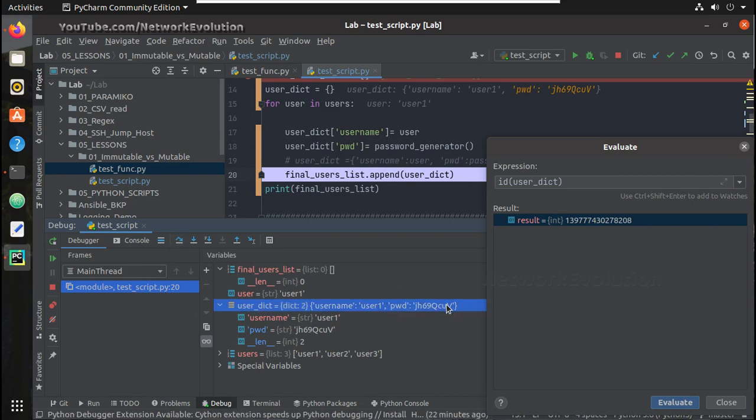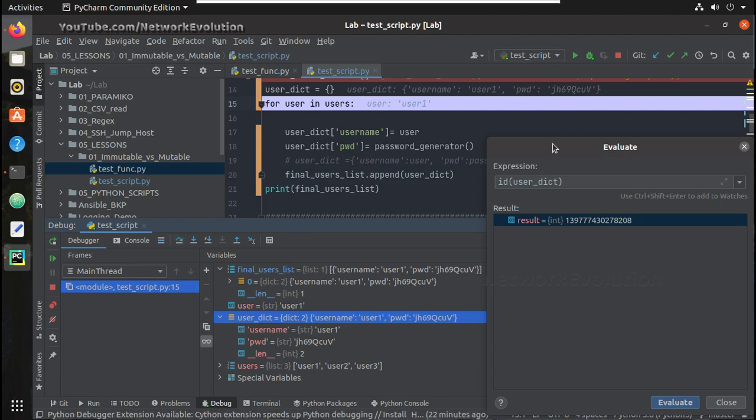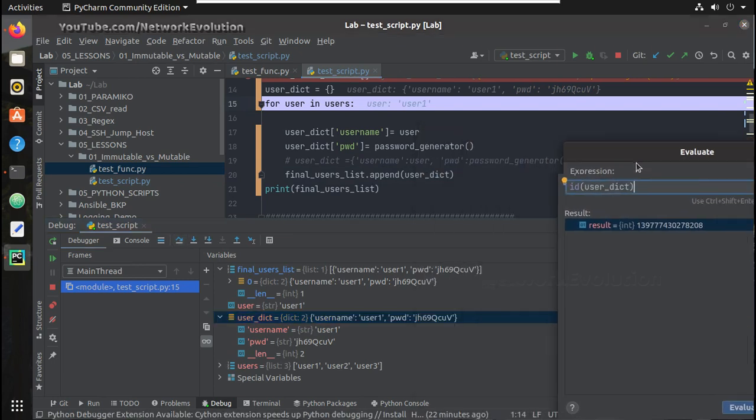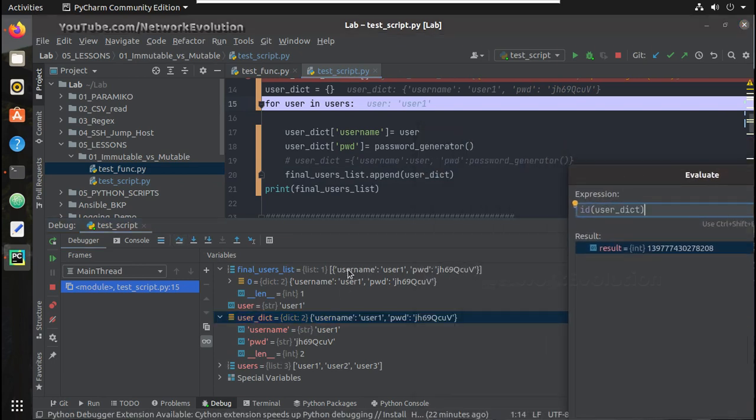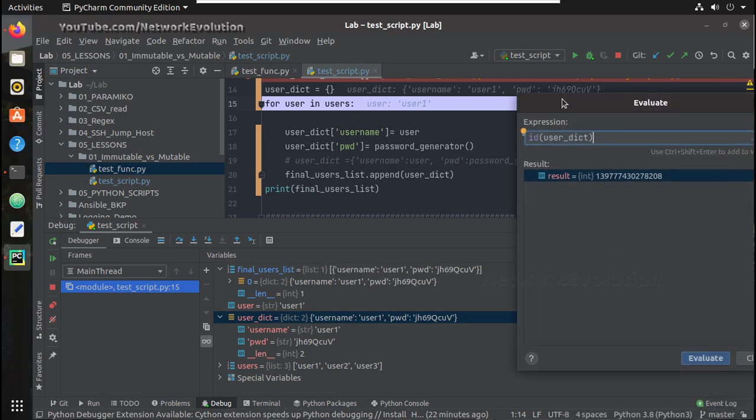Password also got updated here. Now in the final user list we can see user 1 data, and the user dictionary is having the user 1 data, and ID still remains same.